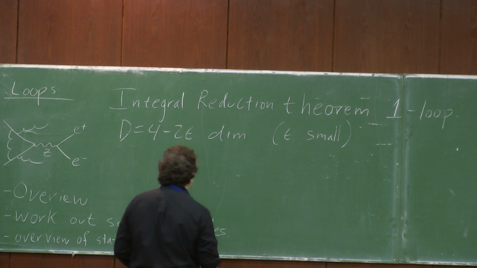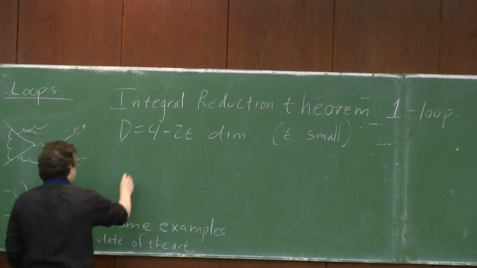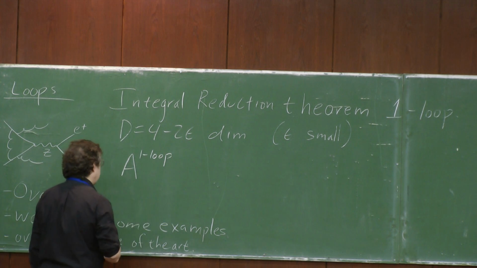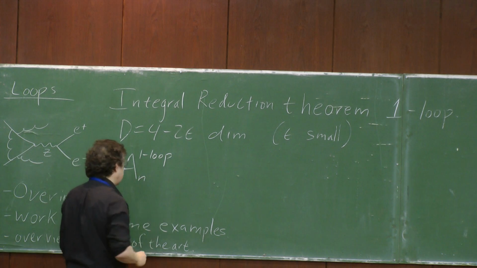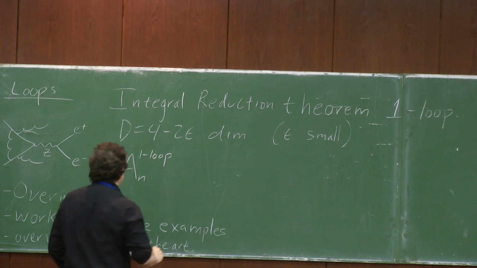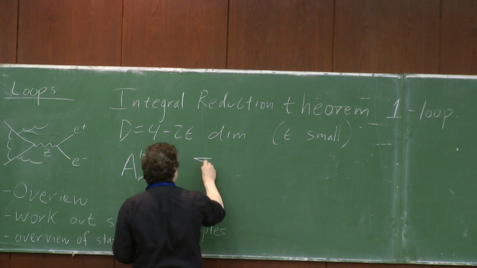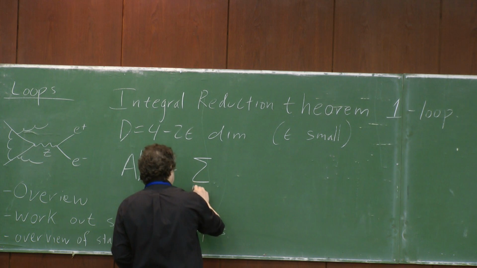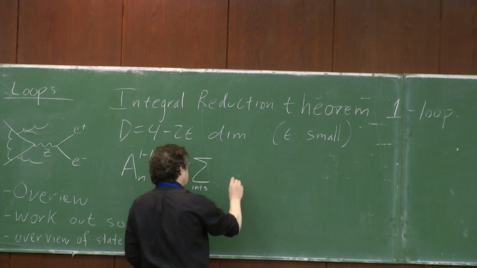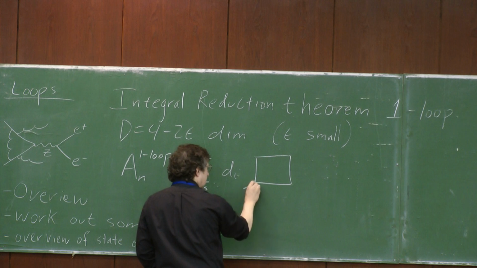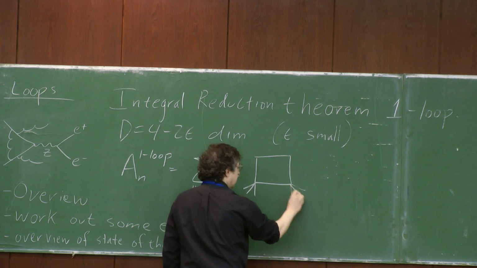Okay, and what the theorem says is that if you have a one-loop amplitude, let's say an n-point function, and this is now a general theorem, it doesn't matter what the theory is, it says that this is equal to a sum over integrals, and the integrals will have coefficients. So let me draw an integral. So this picture here